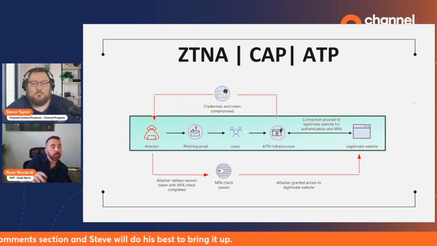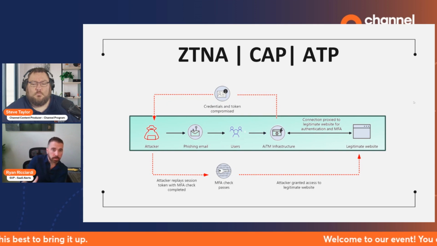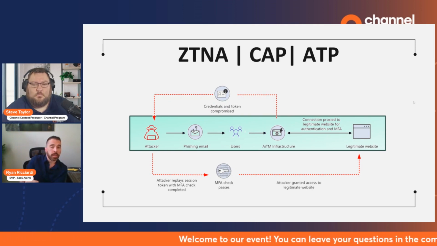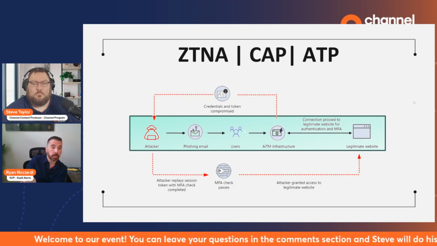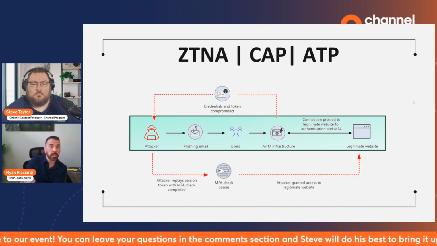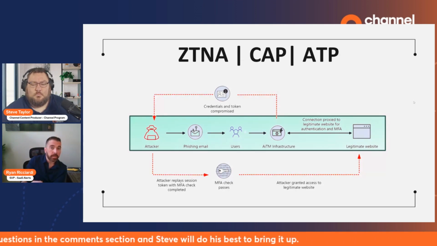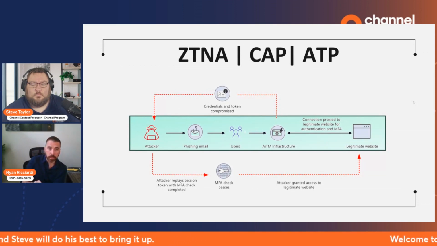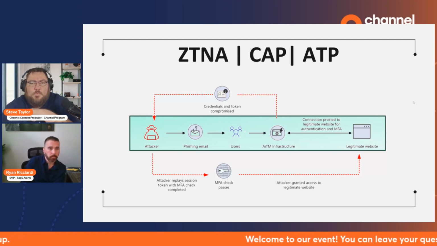So I'm not telling you that you shouldn't configure conditional access policies. I'm not telling you that zero trust networking access solutions aren't a great thing to implement. I'm just saying, in the case of identity theft by browser hijacking and token theft, which are very, very prevalent today, it doesn't do anything. So I want to make sure people are aware that there might be a blind spot in their infrastructure if that's what they're relying on to secure Microsoft 365 exclusively.